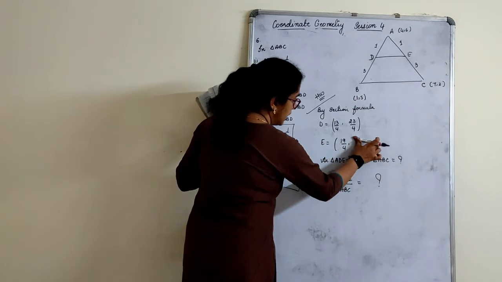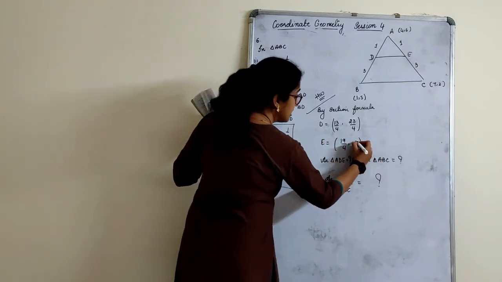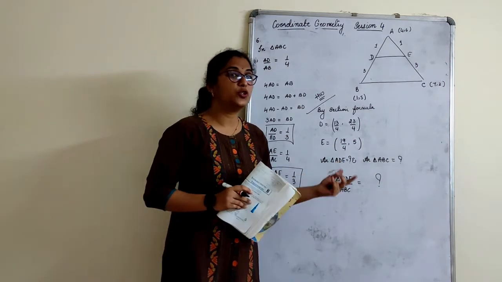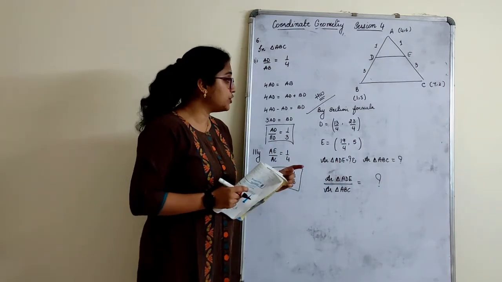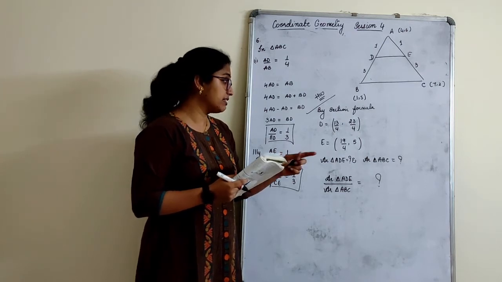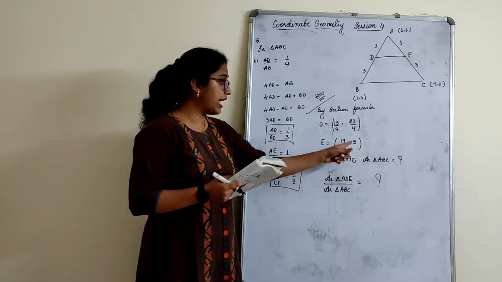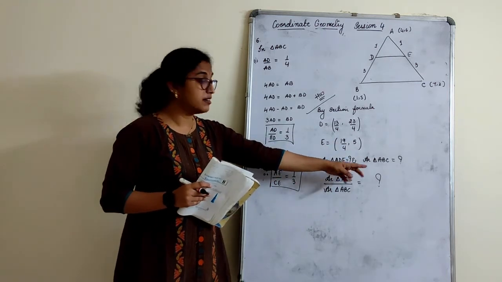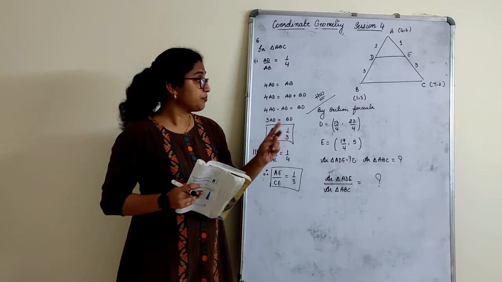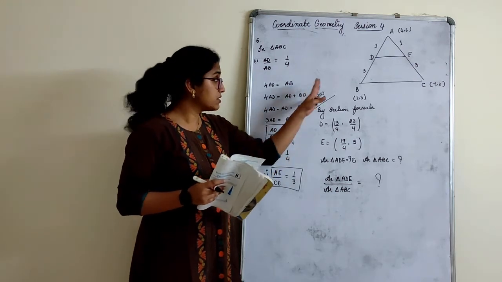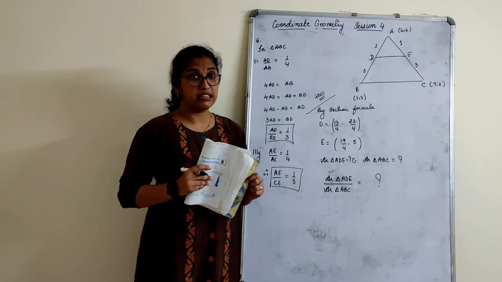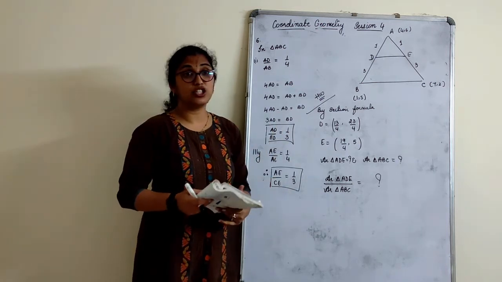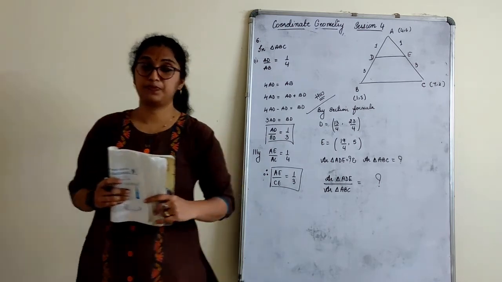One small correction you can make here, children. This is 5, not 8. Anyhow, you would have got to know when you would be solving it, but still you should not get confused. So 13 by 4 and 23 by 4, 19 by 4 and 5. These are the coordinates, right? Because if you go wrong once here, the whole thing will go wrong. I hope the numericals you have to do here are very clear. Complete that. 2 more sums and we can complete the chapter coordinate geometry.